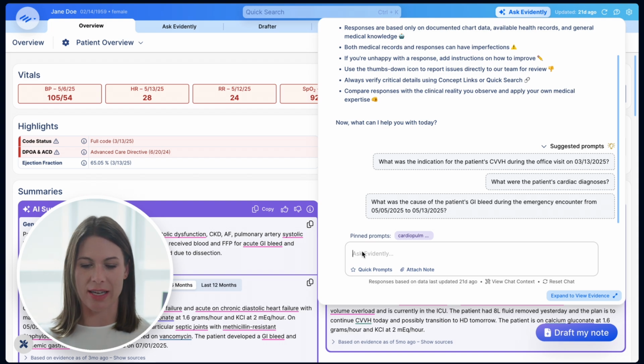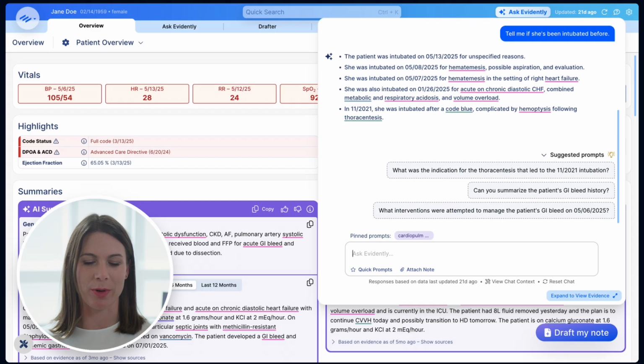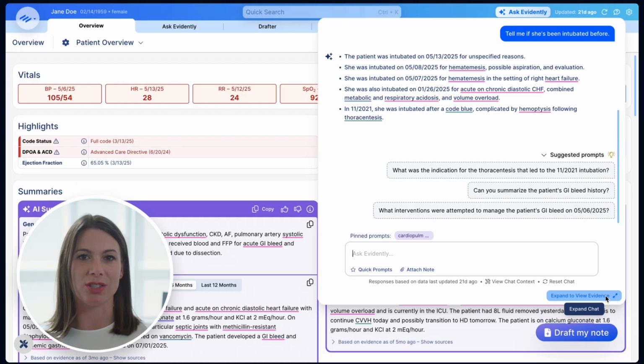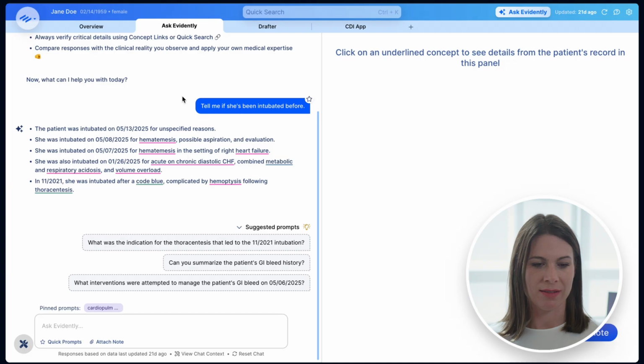So I'm going to ask Evidently, tell me if she's been intubated before. Now, Jane Doe is a very complex patient, so somebody I'm pretty familiar with looking at in the emergency department. She's also a publicly de-identified dataset patient, so she is also PHI compliant here. I'm going to open our evidence, and now I can see on this left-hand side that yes, she was intubated